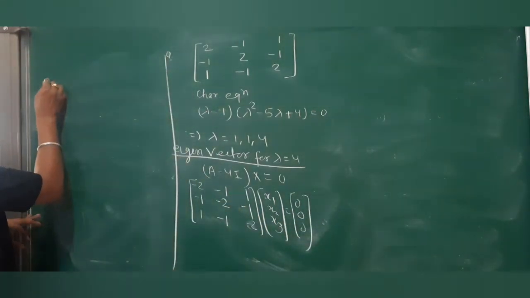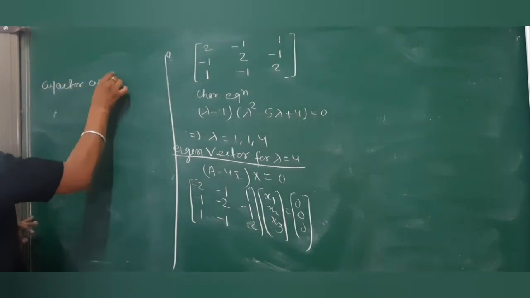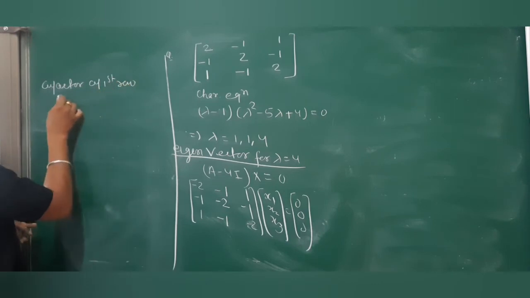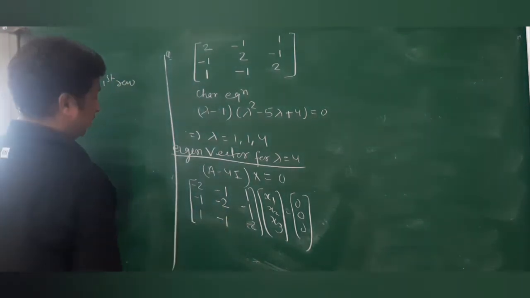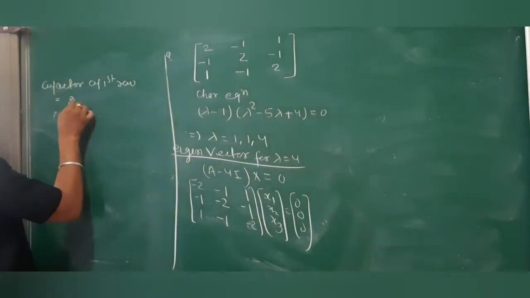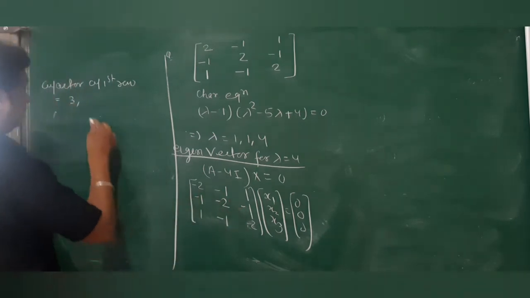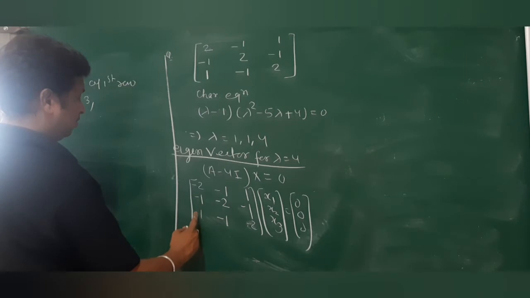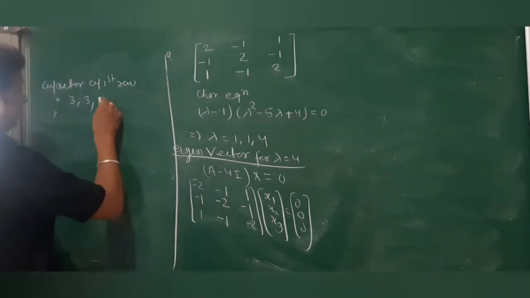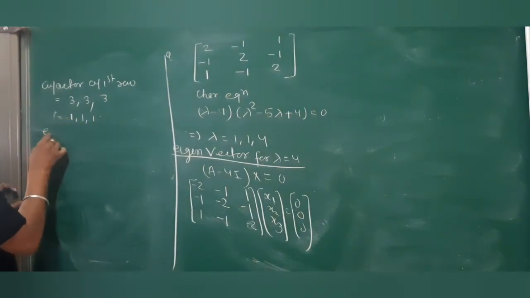So what is the cofactor of the first row? 4 minus 1 is 3, 2 plus 1 is 3, 1 plus 3. So this is 1, 1, 1. So the eigenvector is